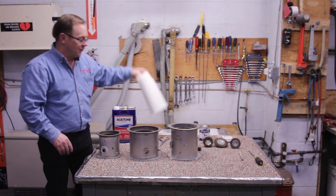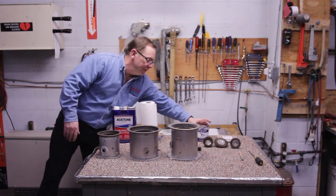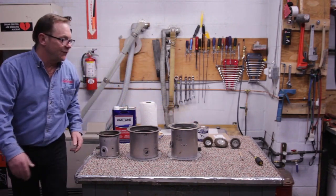We need a good set of paper towels. We need a pair of scissors. We have our burner coating right here. And we also have the burner mat for the 73 730 product line. I like to also use,